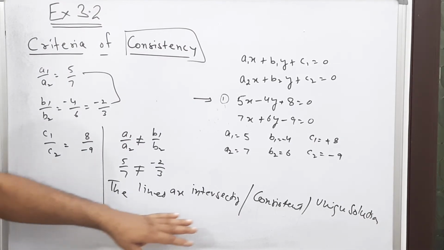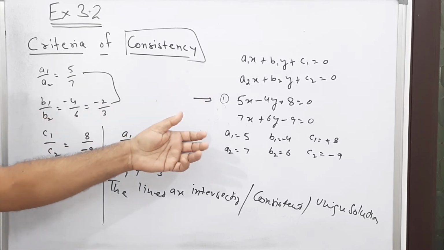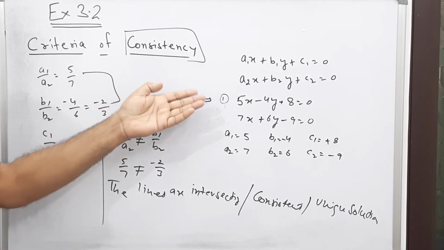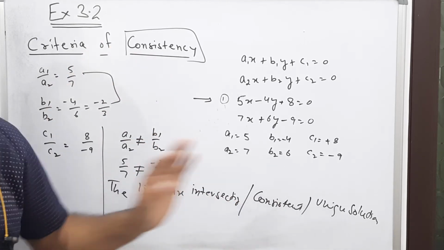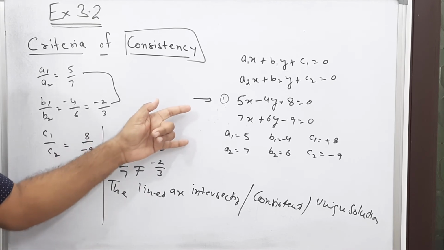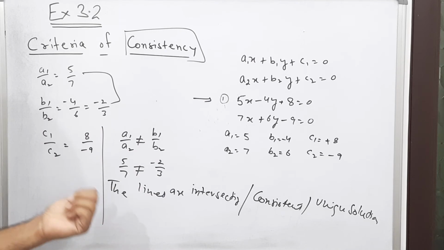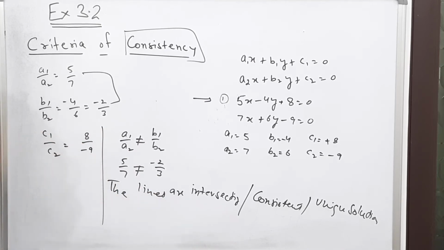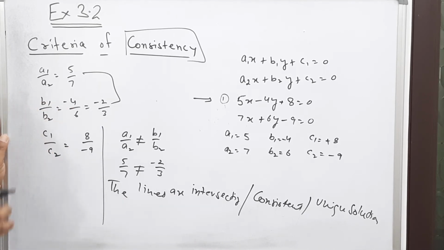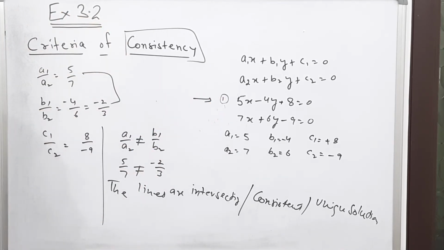Three questions can be framed on this part. If it is asked whether it is a unique solution, or many or infinite, or no solution, we say unique. If it is asked whether it is consistent or inconsistent, we say it is consistent. If it is asked whether the lines are parallel, intersecting or overlapping, we say that the lines are intersecting. So on one problem, three types of questions can be asked. I am taking the full criteria with the help of this particular example.